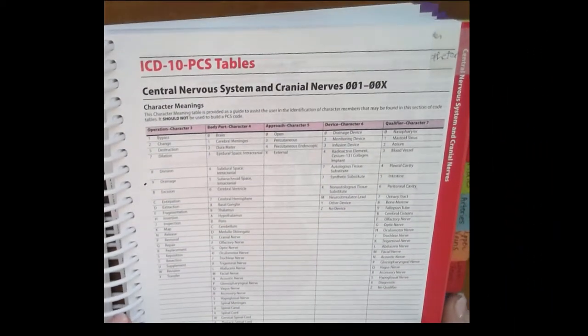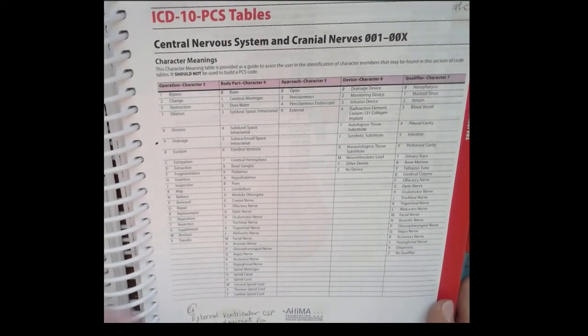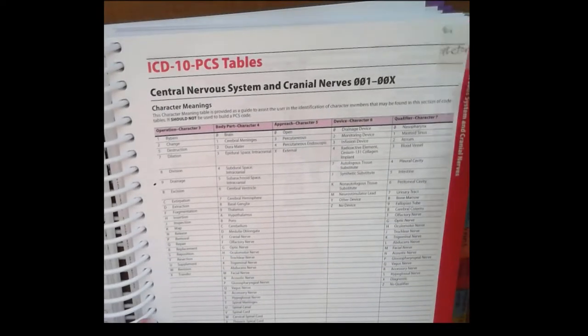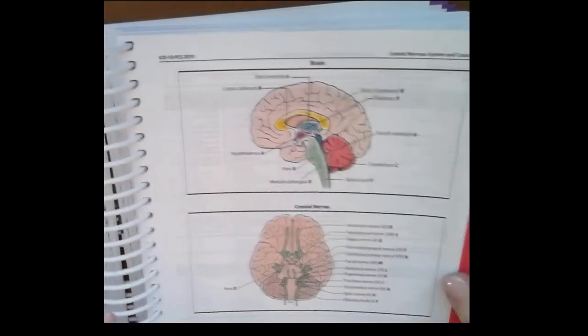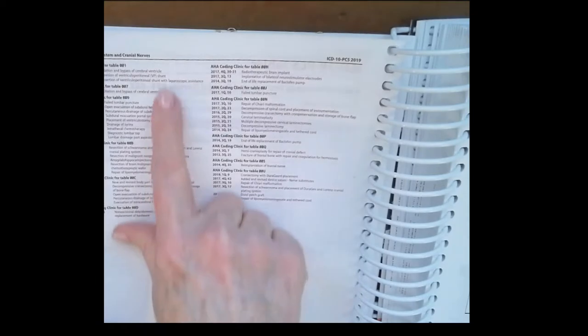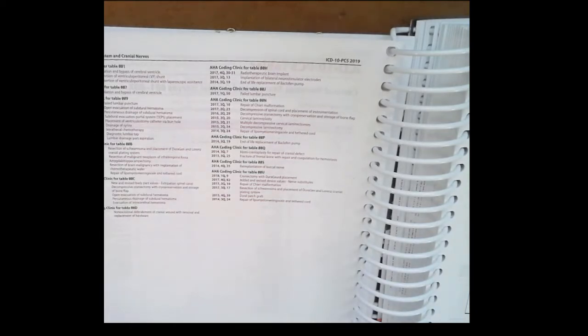Next thing I want to do is talk about the tables. As we leaf through my code book, you are going to see notes similar to this that I have to remind me of things I want to remember. I like the Optum codebook, and the reason why I suggest it is because of the wonderful illustrations that are in it and some of the explanations that are given. Whenever you see all these references to Coding Clinic, you see the years are here and the quarter. That's because when you are a coder, you will have access to Coding Clinic and you will review it every time it's published, 4 times a year, so that you can make adjustments to anything you've been coding that the information in the Coding Clinic is going